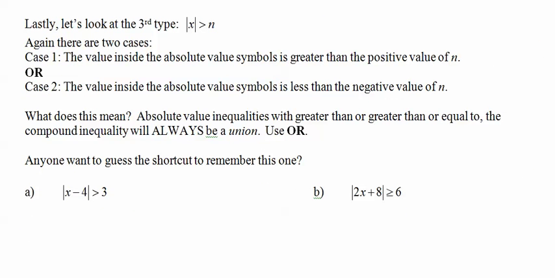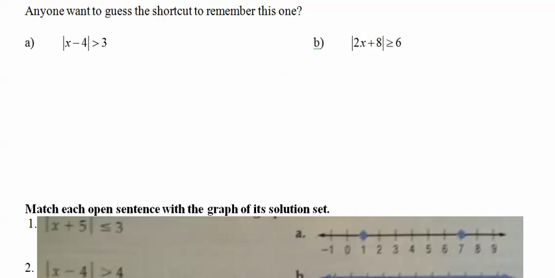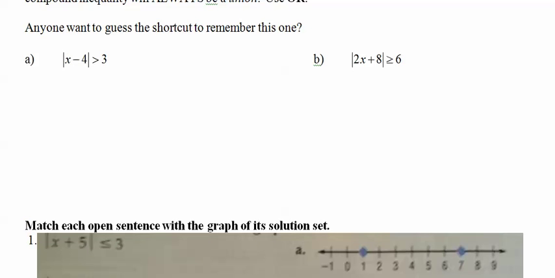Now, this is the other one. This is a union. It's an OR. Just do the math and don't worry about it. I don't have a shortcut to remember it, but I'm sure it's got something to do with OR. Break it up. X minus 4 is greater than 3. Just the first one, pretend nothing's changed. We threw the absolute value out. Second one, x minus 4, flip the sign, negative 3. X is greater than 7,